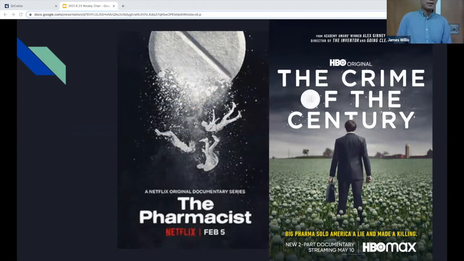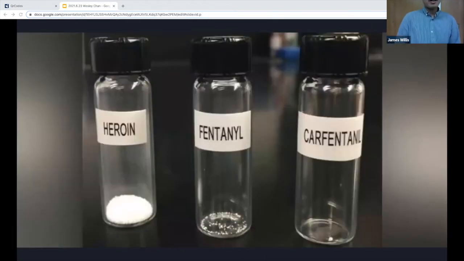Not sponsored. A lot of the current issues I mentioned are the rise of synthetic opioids such as fentanyl and carfentanil. Carfentanil is a tranquilizing agent used for elephants. It's 10,000 times more potent than morphine and 100 times more potent than fentanyl. So just be aware that a small amount of carfentanil, or as much as fentanyl, can cause an overdose for patients.